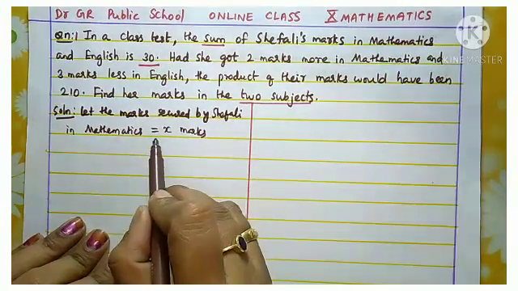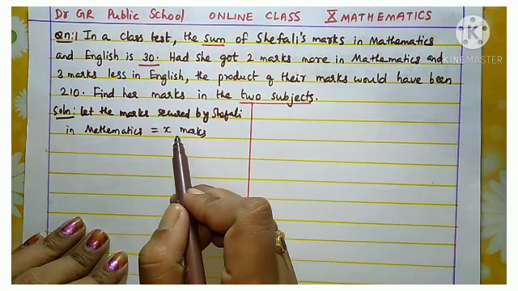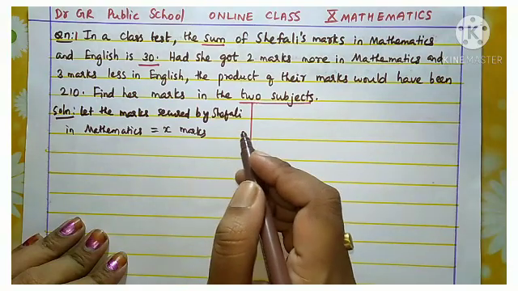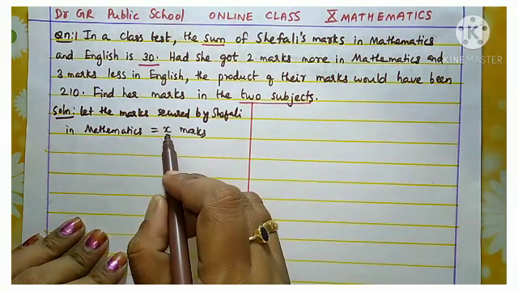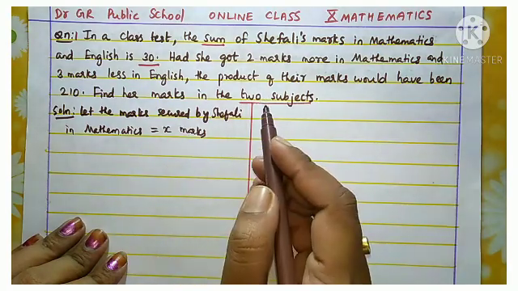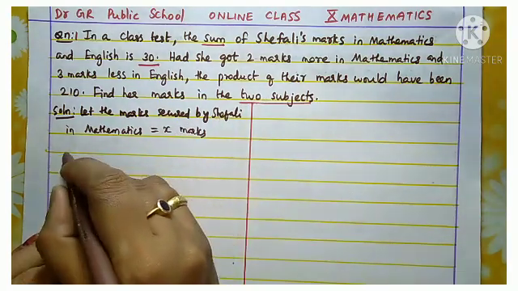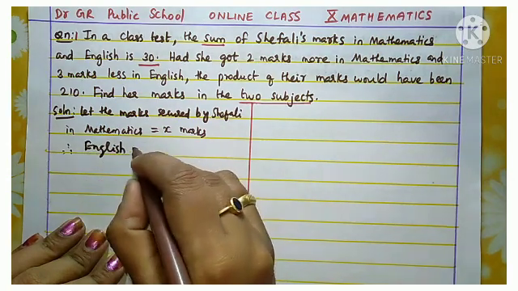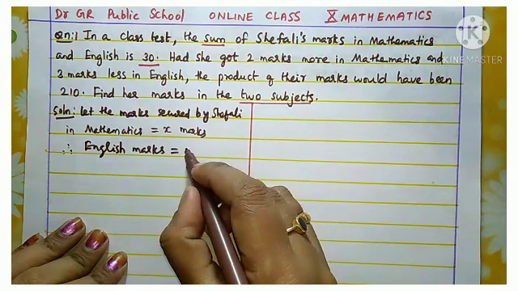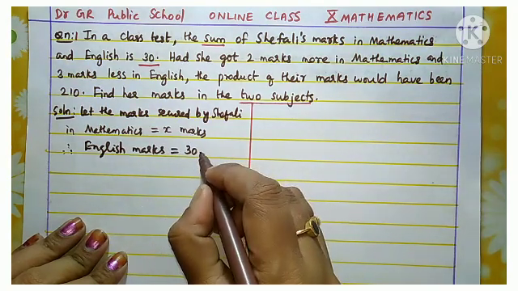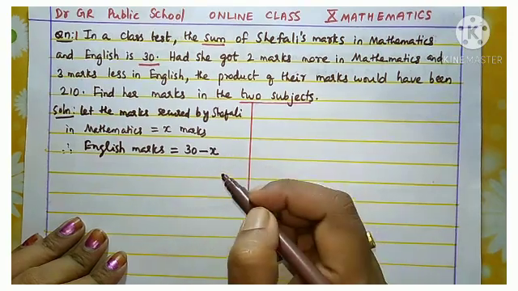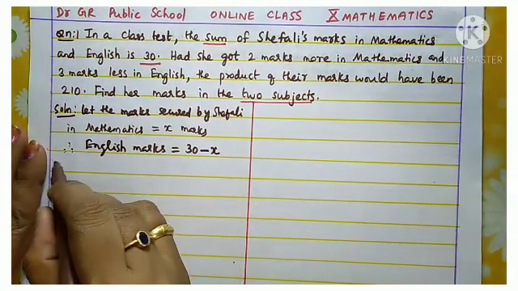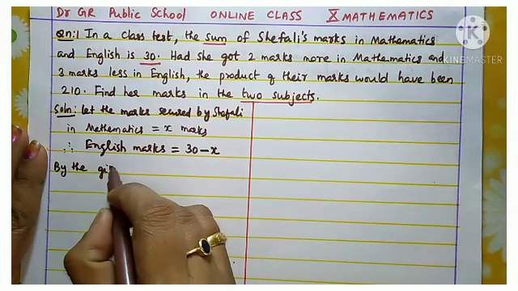So now you have assumed maths mark is X. Can you say what is the English mark? Yes, the remaining marks. Correct. Total is 30 means maths we have taken X. Therefore, English marks is the balance, 30 minus X. Okay. So therefore, English marks equal to, the sum is given 30 for the 2 subjects, that minus this maths mark. Okay, understood? Yes.